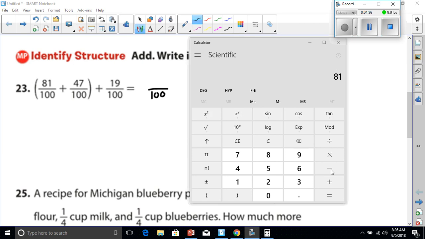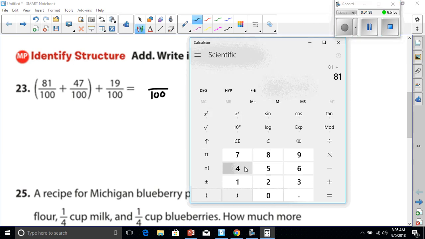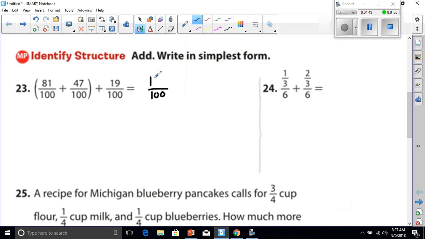We have 81, and we're going to add that to 47, and then we're going to add that to 19. And that's going to equal 147. So we can put 147 over here. And if we were to reduce this, we can see that 100 goes into 147 one time. So we have 1 and 47 over 100. And that would be our answer. Let's go to number